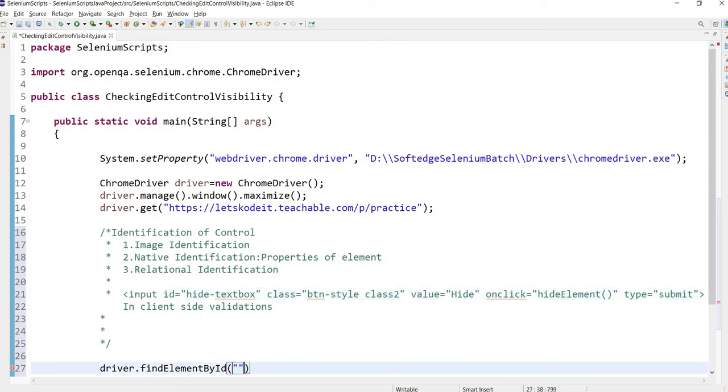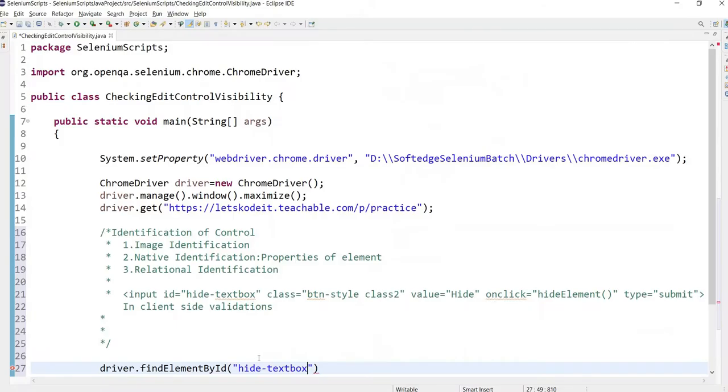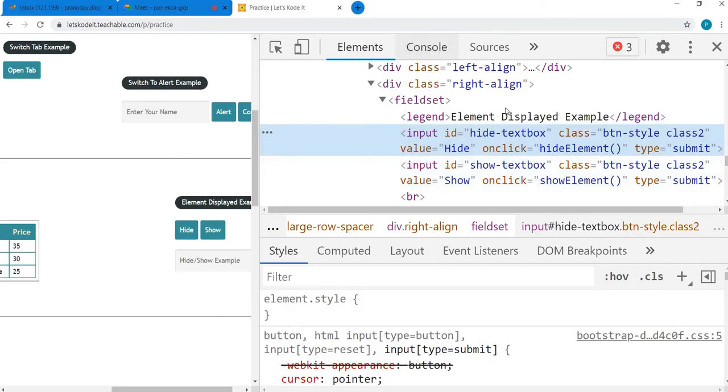Now here I will pass this hide dash text box here. So what this will do, it will instruct our driver to go to the browser's DOM. This is called DOM, document object model. That is the page representation of the web page.